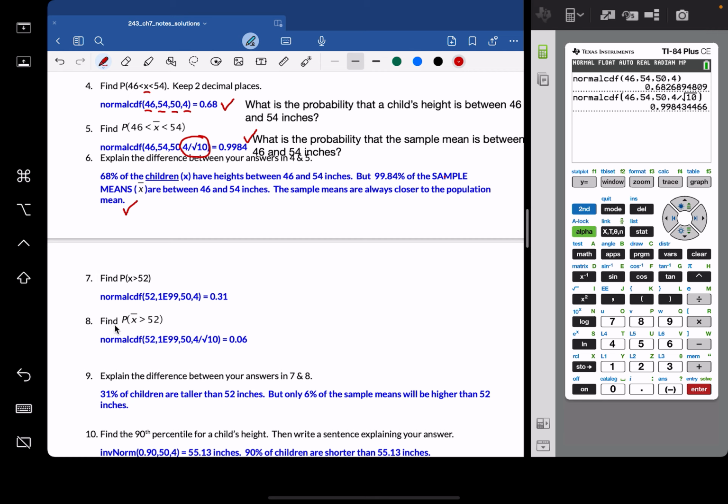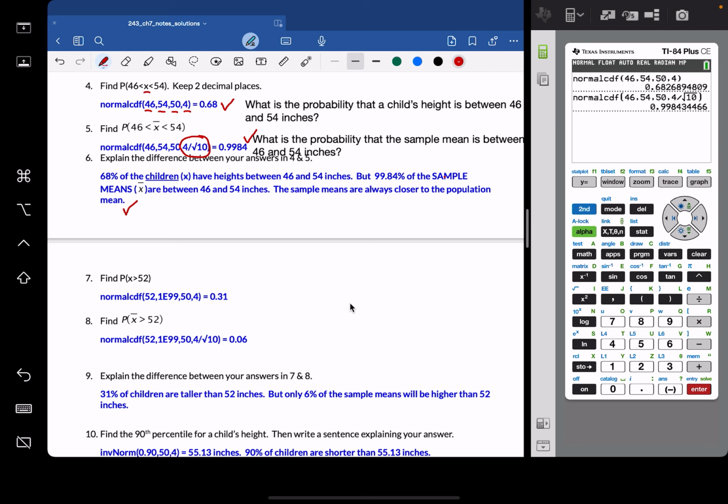And then 7 and 8 are similar. Again, it's almost exactly the same question, but 7 is about x and 8 is about x bar. And again, because we're applying the central limit theorem, x is normally distributed and x bar is normally distributed, but x bar has a different sample standard deviation. And when we're trying to do the probability that x is greater than 52, we are going to